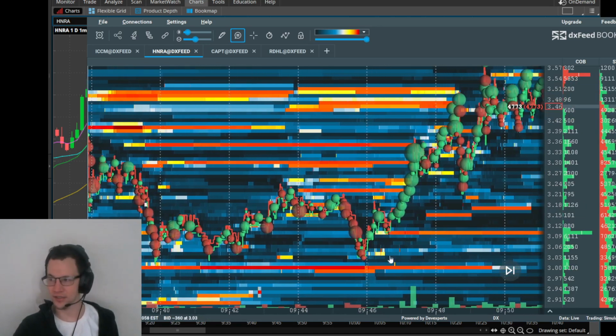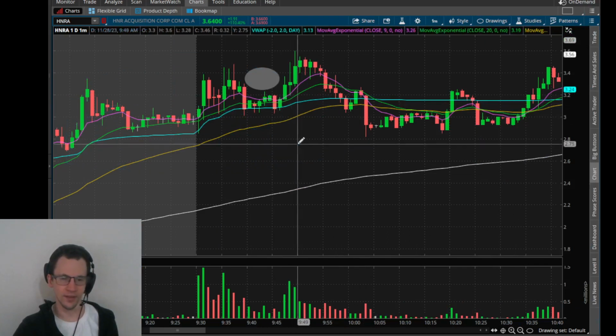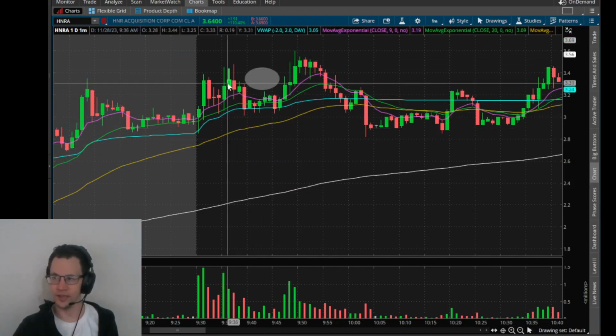And this was nice. Actually, this was a nice long. I just didn't have the read when the $3 bid held, and then new bids started showing up. But yeah, that's the reason these types of squeezes happen, is because you get a high day